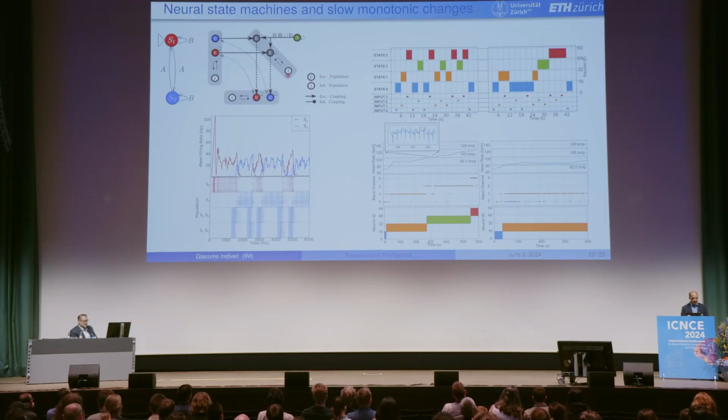As soon as you connect the state transition populations, so you implement the neural state machine or the finite state machine diagram, you will see that the same input increases go to the next state only in cases in which you have monotonic increases. If you have non-monotonic increases, there is no state transition. You just stay in the old state. So this is the difference between previous and next.